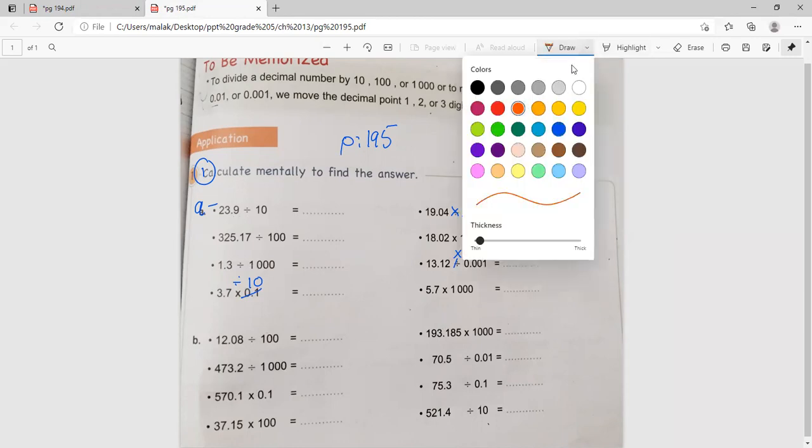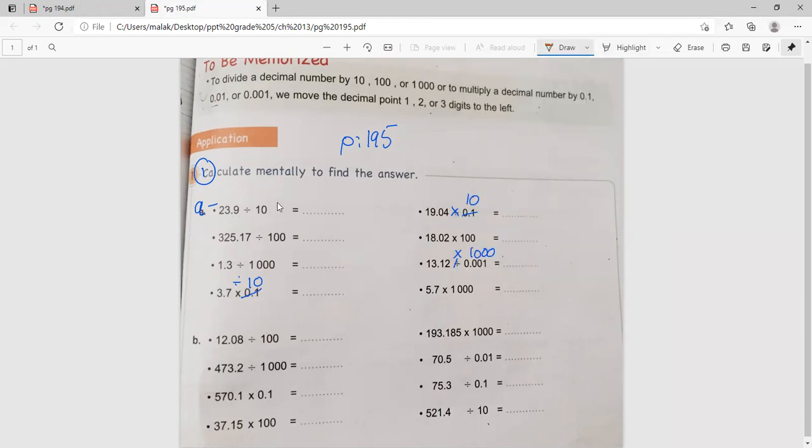So divided by 10, we move it back. We don't need to memorize many things, just two rules: either divided by 10 or times 10, or 100, etc. Divided by 10 we move it back to the left side. Times 10 we move it where? To the right side. Okay, that's it. So we move it back one digit. It will be 2.39. Here we move it back 2 digits, 1, 2, it comes between 3 and 2, meaning